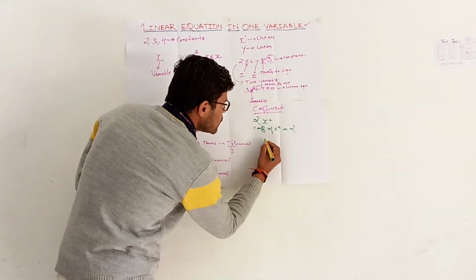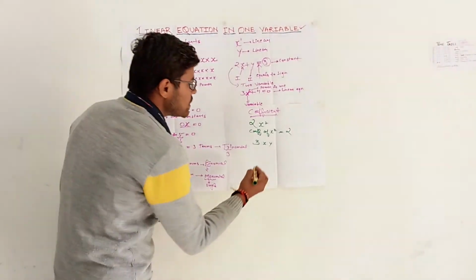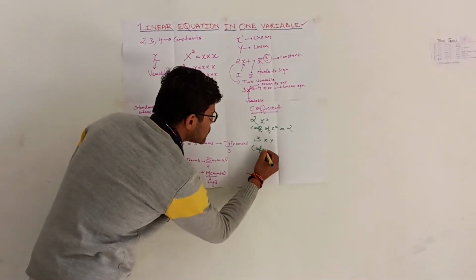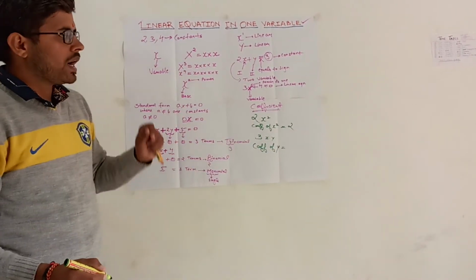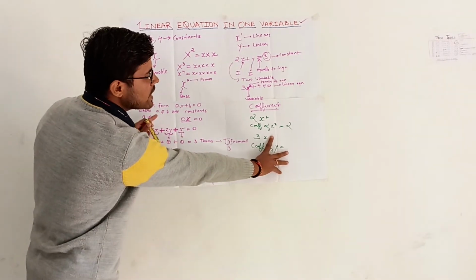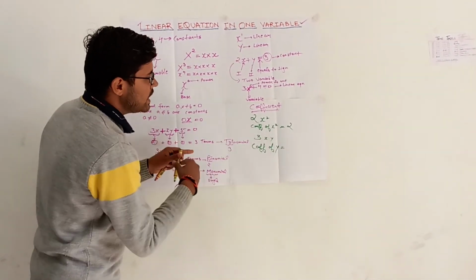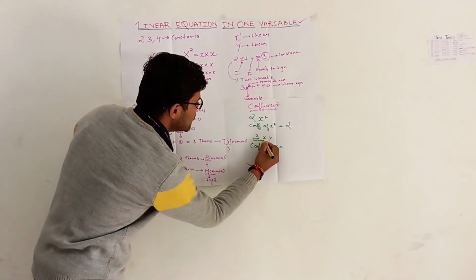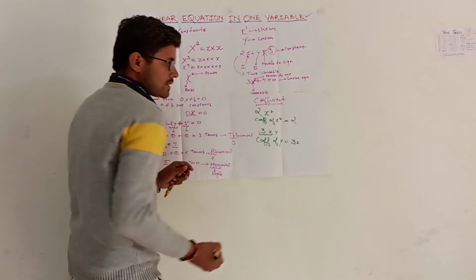Suppose I am giving you one more term, 3xy. Now I am asking you, what is the coefficient of y? Now hide y. Whatever else is remaining will be the coefficient. What is along with y? There is 3 and x. So the coefficient of y will be 3x.